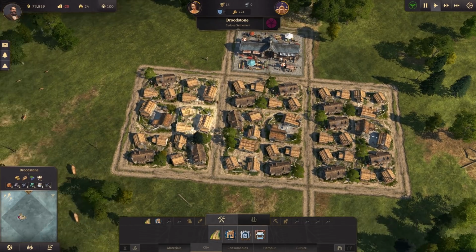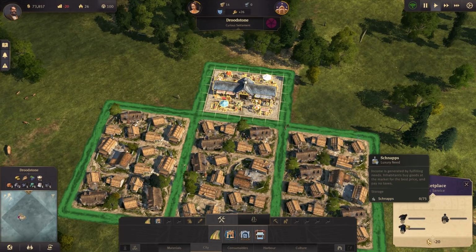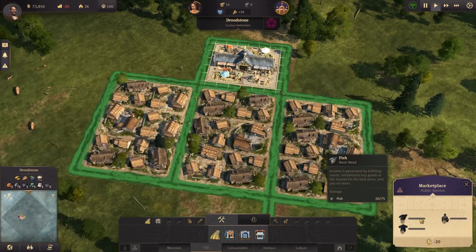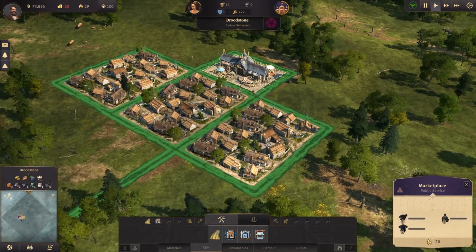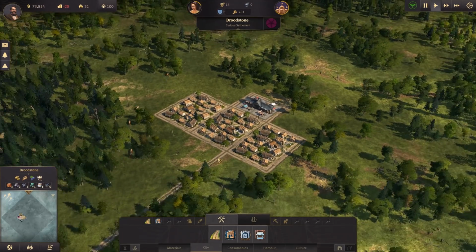I don't know why, but something about it just feels good. But if we click on the marketplace, this is where you'll be able to see needs. Right now we don't have any needs that are current because they unlock as your city grows. So as we get more people, then our needs will increase and we'll have to get new resources to keep